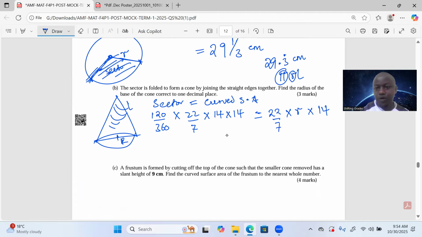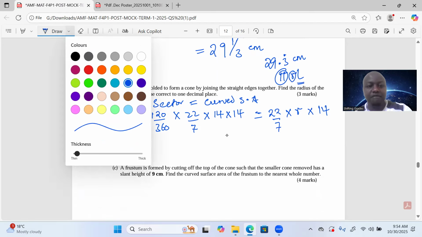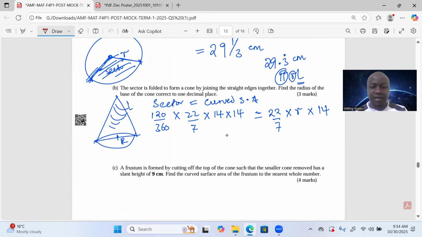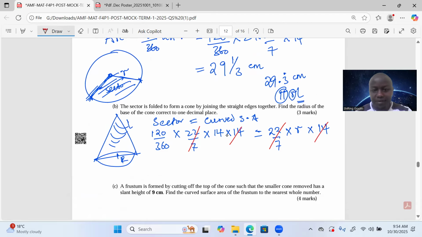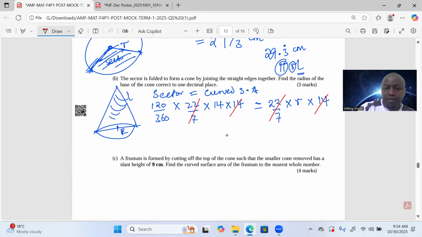And the radius for this cone is unknown. Then L, the slanting length, is now the radius that was for the sector. It now becomes a slanting length. So in the whole expression, the only unknown is the radius of the cone that has been formed, and we can find it very quickly and conveniently by cancelling out a few similar factors, like pi appearing on both sides. Then we have a 14 and some other 14s there. One cancels. So now the value of R